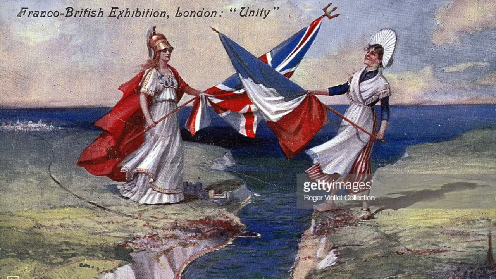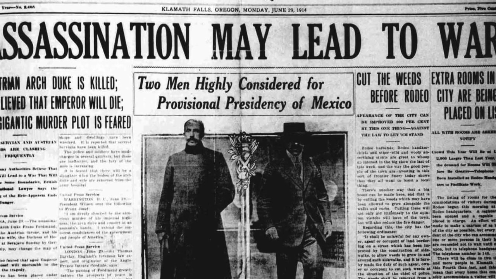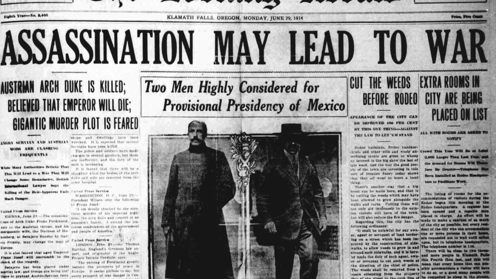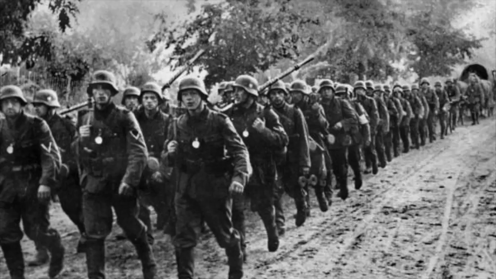Tensions between Austria-Hungary and Serbia increased with the assassination of the Austrian Archduke, blaming Serbia's government for the attack and using it as justification that they weren't on their side. A few weeks after this, Russia, Belgium, France, Great Britain, and Serbia, the Allied forces, had lined up against Austria-Hungary and Germany, and World War I had begun.